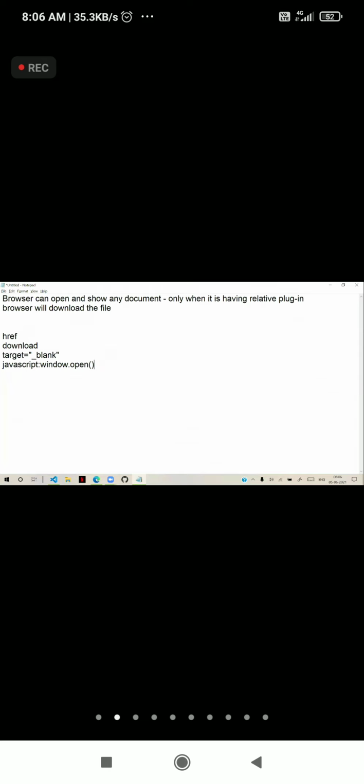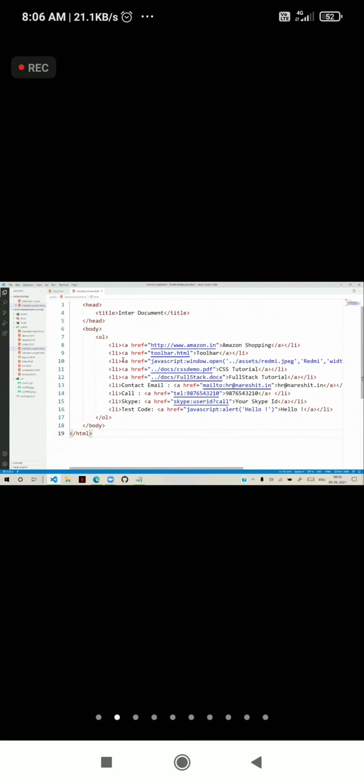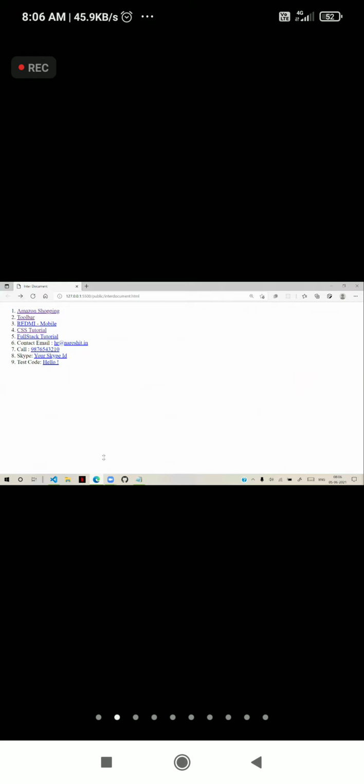Now, sometimes the question asked is, I want to open this and display it in the same window. That means when I click Redmi mobile, it should display on the right side beside it. I want the file to be brought and displayed here in the same page, beside it.